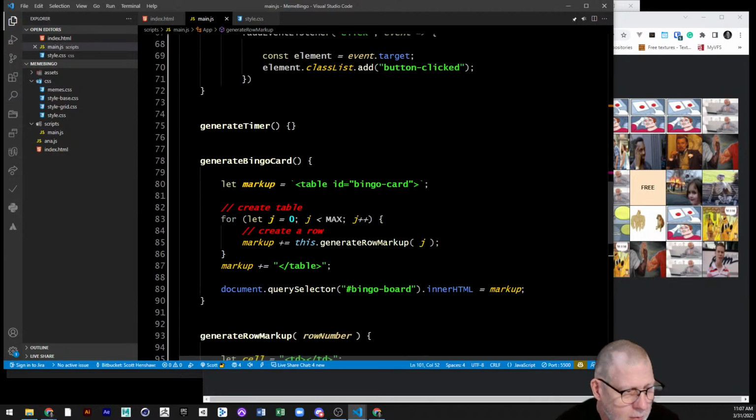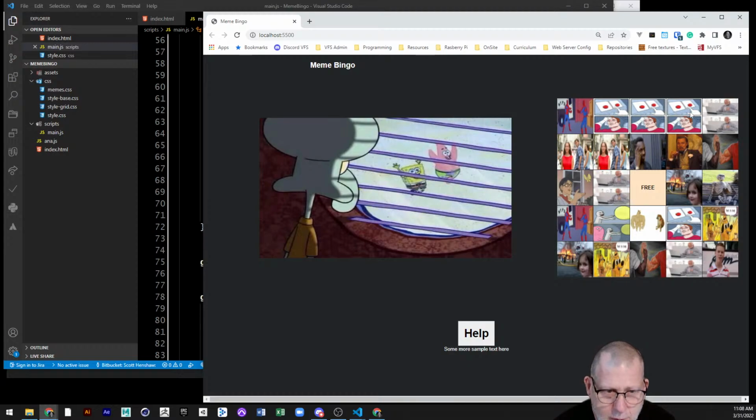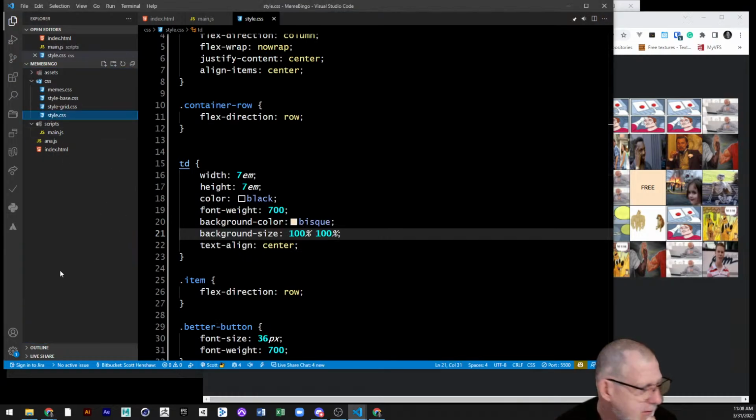Okay, so we've taken a look here. Let's do the most important thing on our bingo card right away, which is how do I mark something as selected? Like when I click on one of these, how do I mark it selected? You said you did it with CSS. I did it with CSS because